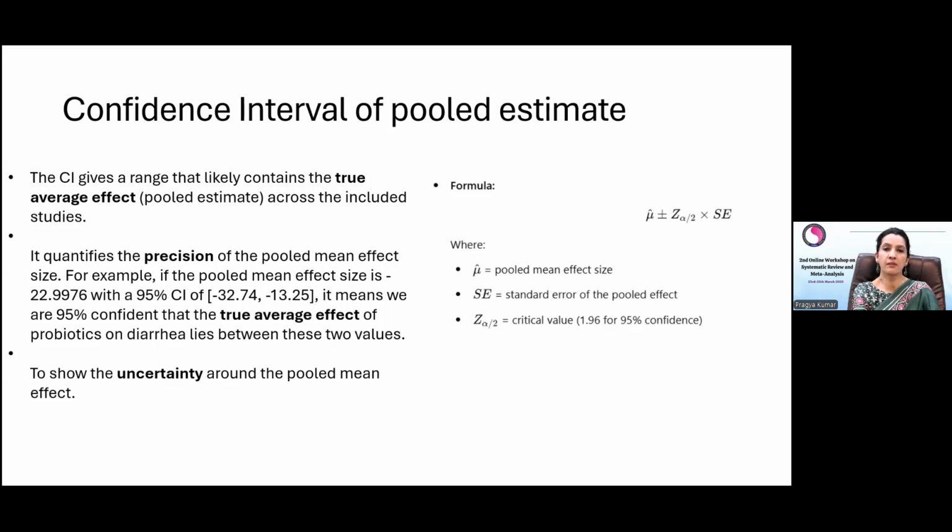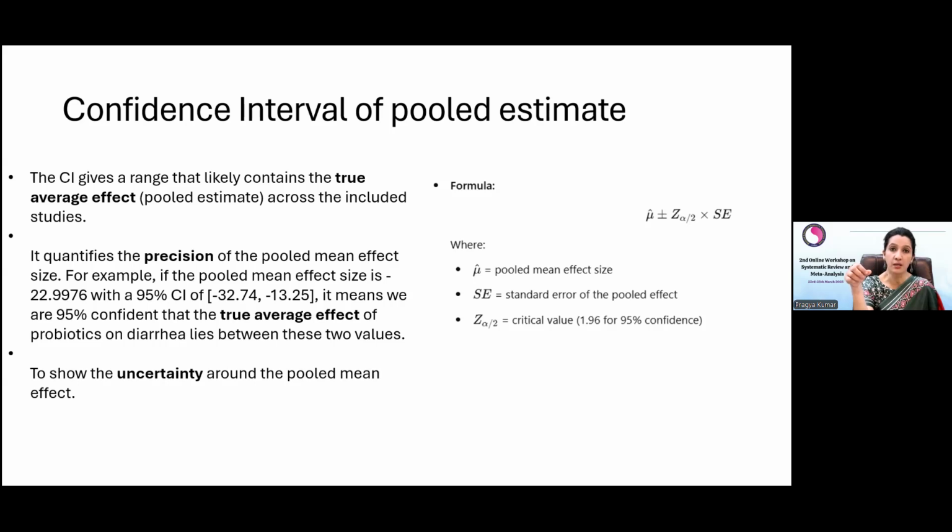Confidence interval, basically, you know the concept of confidence interval, that it gives you a measure of the generalizability, like where the population mean will fall. So if some other person does this study, then the effect lies in between those two boundaries. Generally the confidence interval tells you the precision of the pooled effect size. And in this study, which we'll do, the confidence interval was -32 to -13,